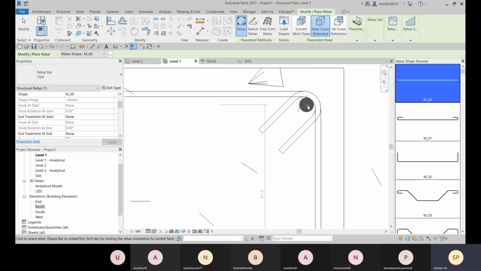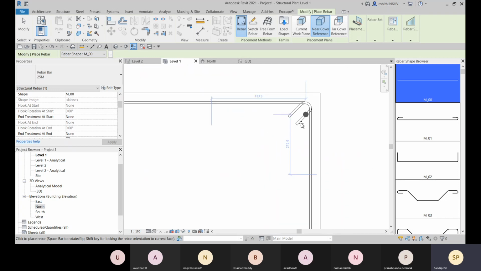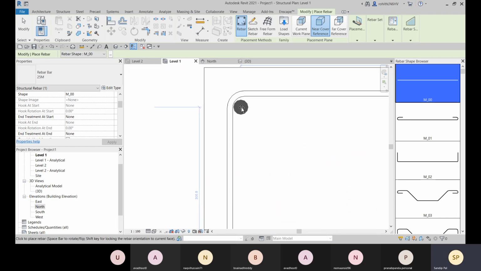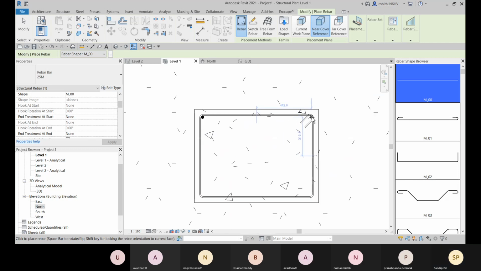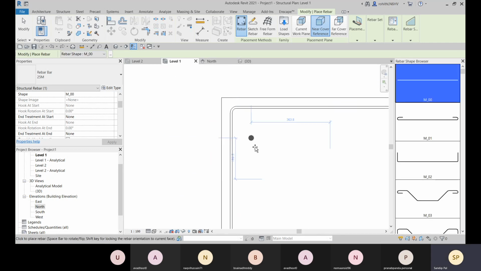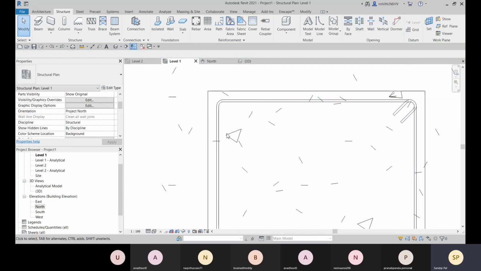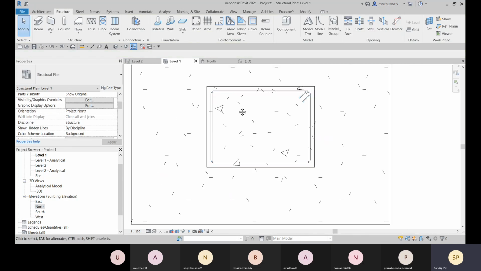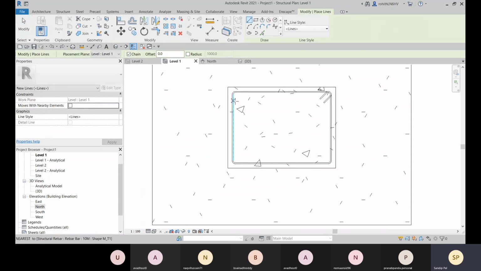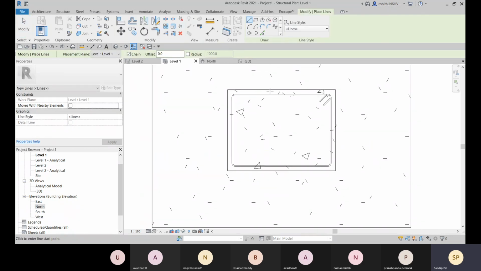Okay, and you have to be careful while placing, because you can see when it snaps like this at the corner. You can place it, or what you can do is place it from the cover, and you can give the marking with this model line, right?